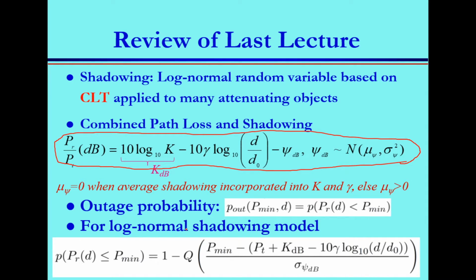For log normal shadowing model, since we have log normal distribution, what would be the outage? The probability that the received power at distance d is less than the minimal power required to decode your data successfully, which is equal to 1 minus Q